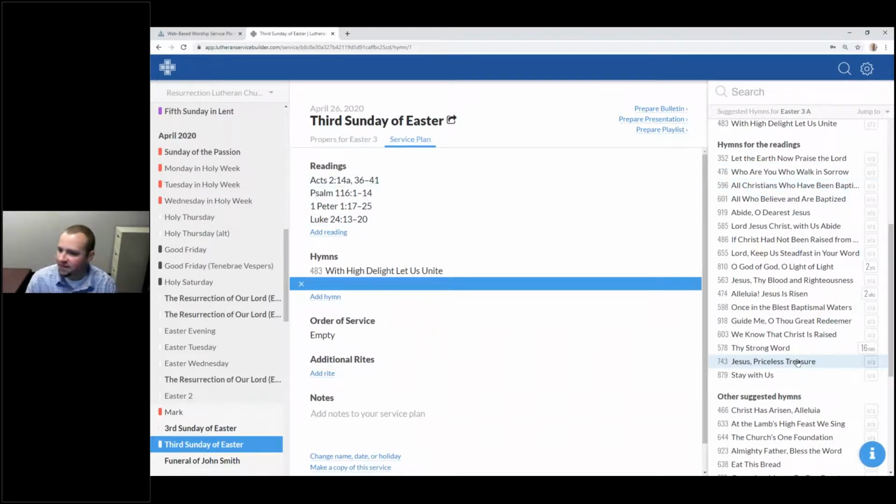We can't necessarily explain exactly which one it is for each reading because there are often various readings here. Usually there's only 4, but still, from a UI perspective, the user interface, it's hard to put all of that information in there. But if you click on something, let's say we were wanting to do this one, Who Are You Who Walk in Sorrow, if I click on that hymn and I go to preview,